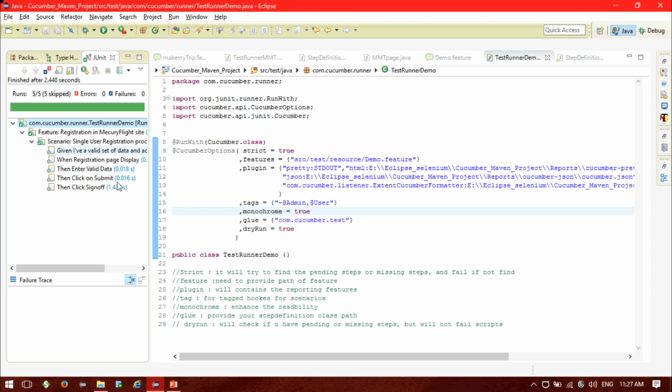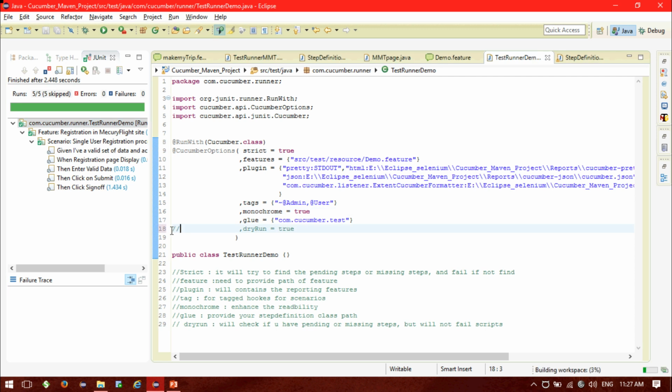Rather, it will go through the scenario and check if there are pending or missing steps or not. Okay, that's it. So for our case, I will be putting dry run equal to false. Let me put this one. Okay, I'll put strict equal to true.